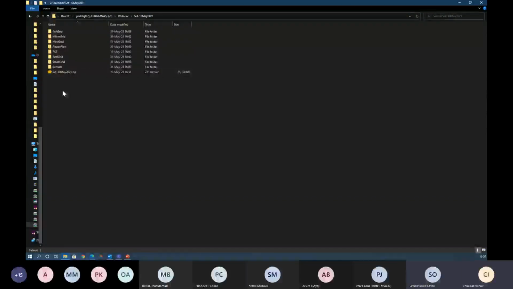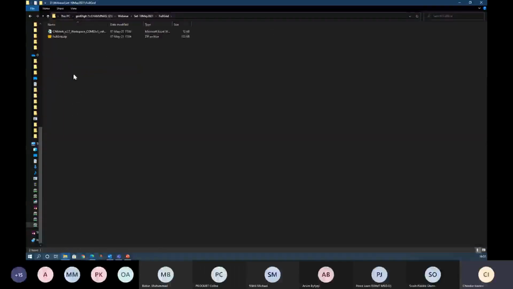Yes. So the package that you received on 10 of May looks like this. There are subfolders here containing different test configurations. I will quickly go through the things and tell you where we expect to touch a few things. So on the full grid, we have the validation report.